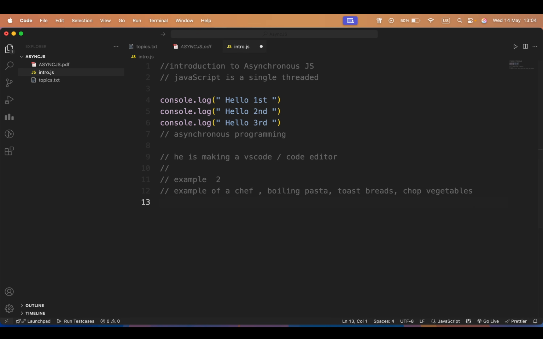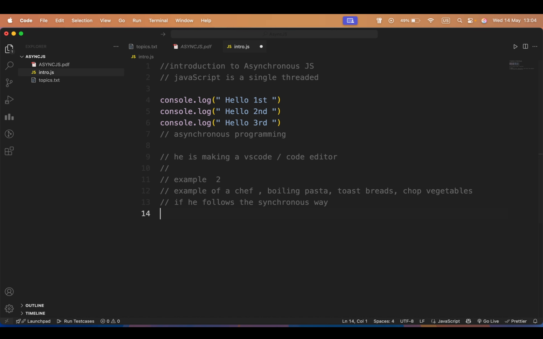He has 3 tasks to do. Now the basic thing is, if he follows the synchronous way,